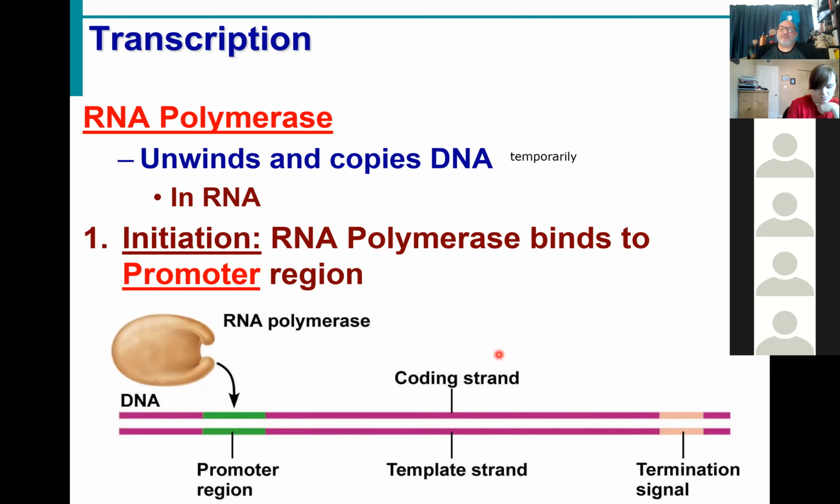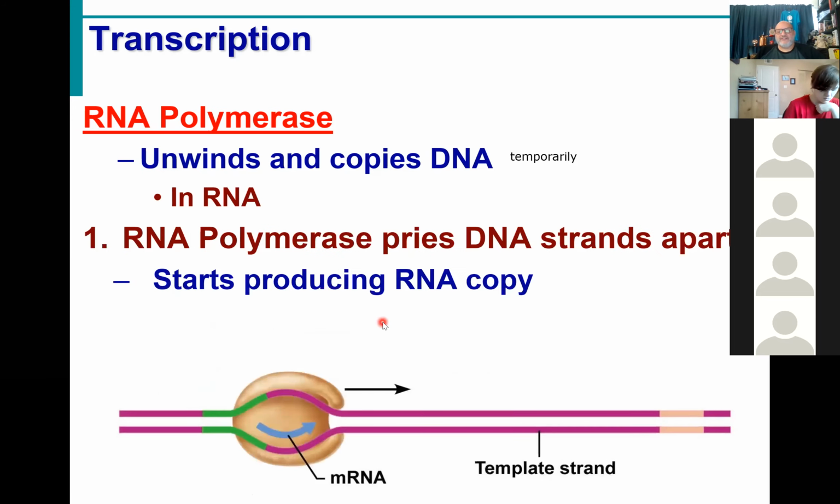It may have information for a different gene, but it's not the gene we want. So here we bind on our promoter region. That is step 1. Once it binds on, then just like you learned in the last class, using our complementary base pair rules, we are going to make a copy of our template strand